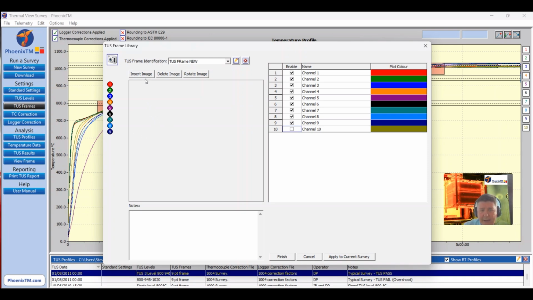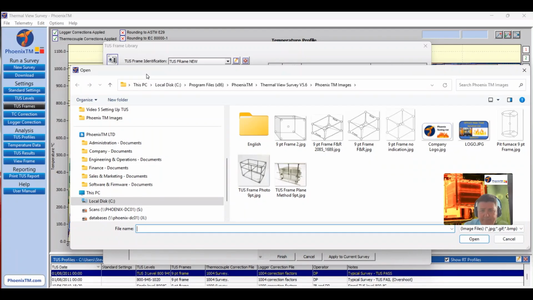What I need to do next is to select an image to represent the frame. The software comes with a few library files which are representative of simple 3-dimensional frames. So I'm going to pick this one here. You could, though, create your own file or even have a photograph like you see here for the TUS frame for the plane method. Whichever is easier for you. As long as it's a simple JPEG, that would work fine for the software. So if I click open,